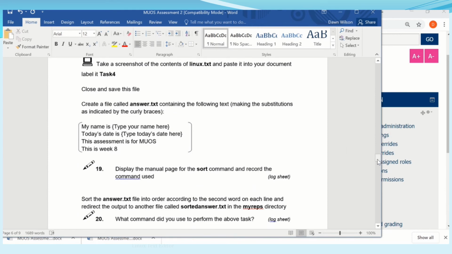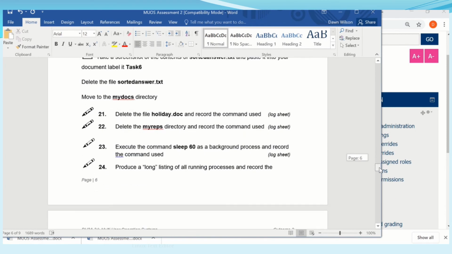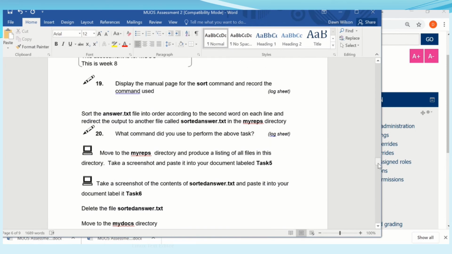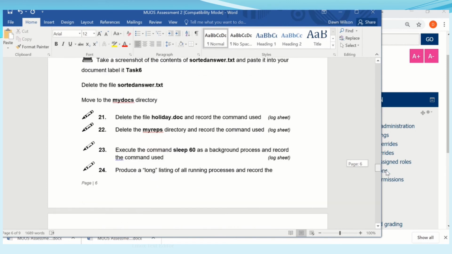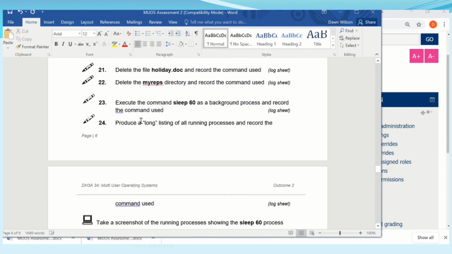Okay, same again here when you've to create another file. Again, I'm happy if you want to use just the cat command to create the file. I don't mind, you're not being tested in how the file is created. Okay, I'm just going to keep scrolling down. So all this other stuff straightforward. Deleting files now, and then we move on to some